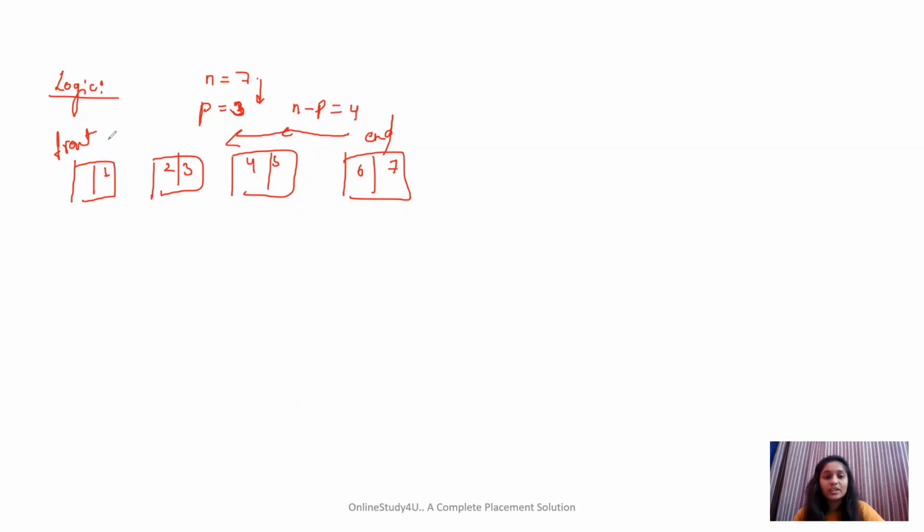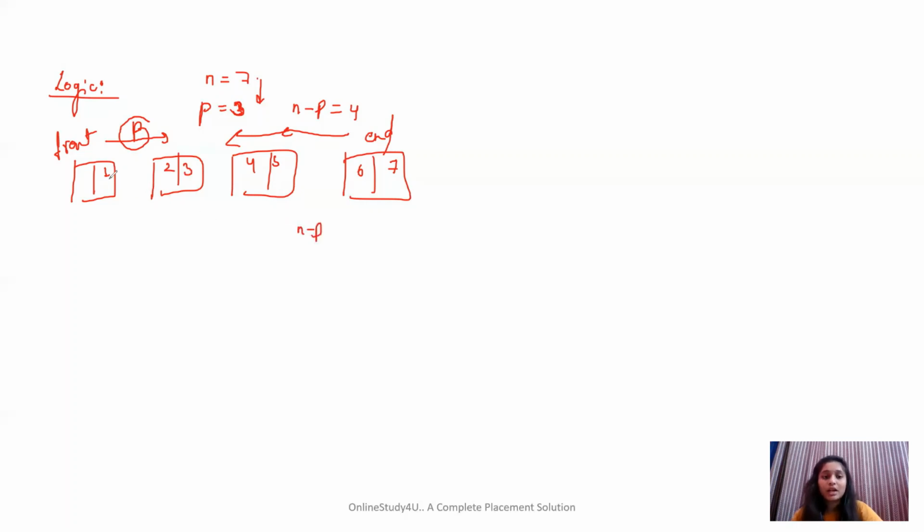And from the start, how many pages do I need to discover? I need to discover p pages. From the start, I need to discover p pages, right? Getting my point? Now think, how many turns I need to take to go to page 2, or how many turns I need to take to go to n minus p pages.